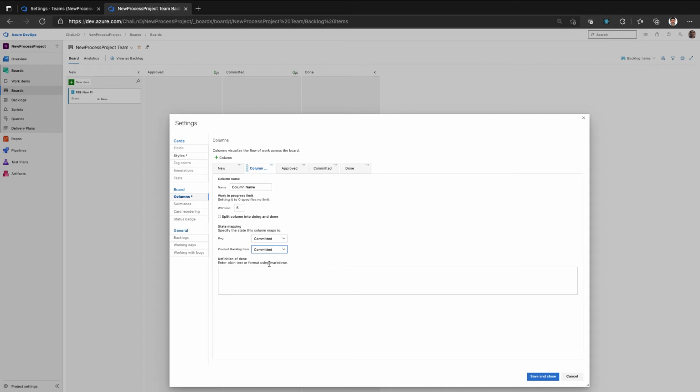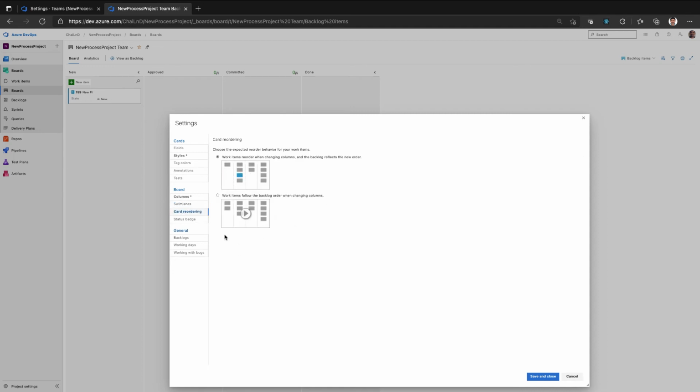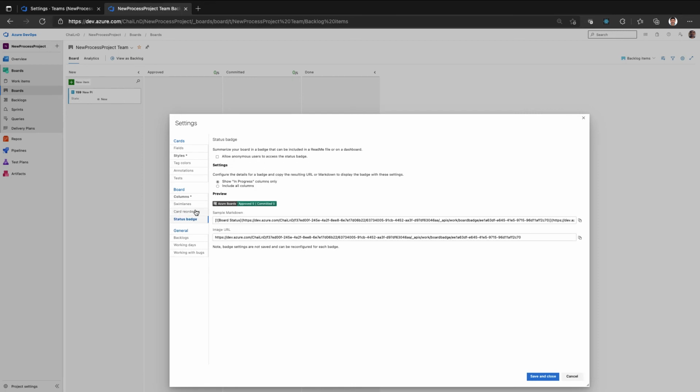For example, you have a state called development, and development includes design, coding, and unit testing. So you can have three columns defining design, coding, and unit testing, all linked to the same state called development. You can define those columns to give a more granular level of view, and then you can define swim lanes to show the parent and child related tasks and details. Finally, you can define basic reordering of the columns when you move from one state to another, and there is some additional information related to the badge which you can display at the board level.